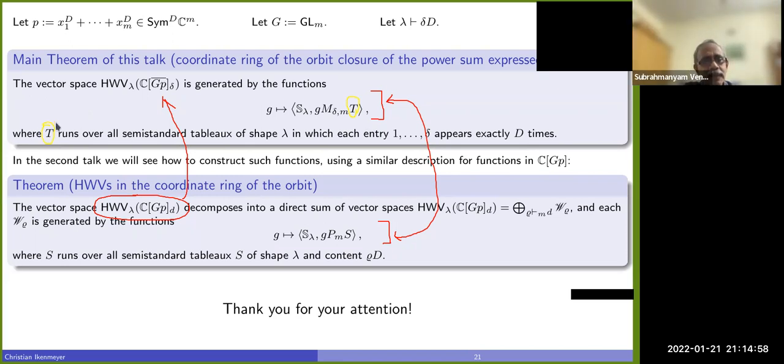But you can still write on these tableaux. This will just end up being the zero function. So now you run over the different tableaux, you get different functions, and look at how many are linearly independent. Some might be linearly independent. So what you want to know is the dimension of the space of functions.